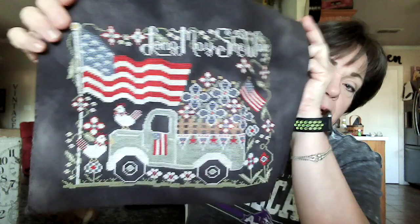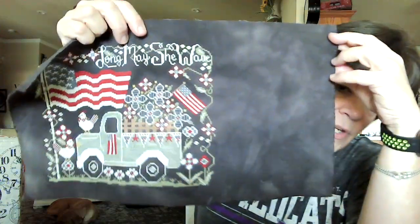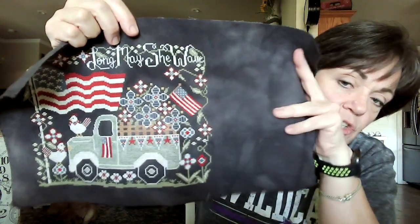So what I will be doing on the remainder of those charts, and really on all of the other Priscilla and Chelsea charts that I'm going to be stitching, I'll be using a fabric that I dye, and I've got a lot of Monaco. In fact, I will show you this one, and I think I've shown this one before, but it is Long May She Wave. If you look over here on this side where I haven't stitched, you can see